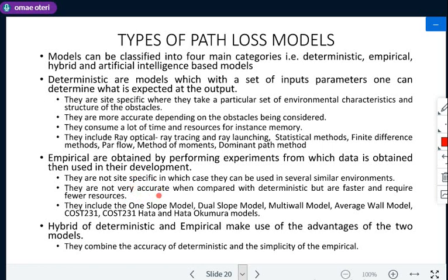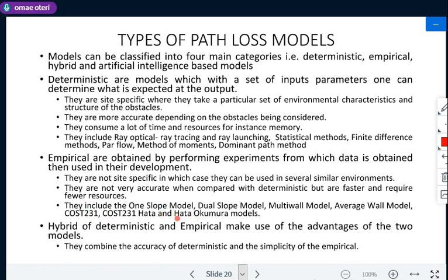Then when you look at a different environment, the output becomes different from what you expect. So this is usually through experiment. By the way, most of these are usually obtained through experimental work. So they have given a number of examples, but the ones you might be more interested in are the ones